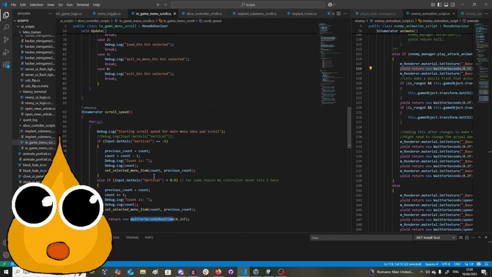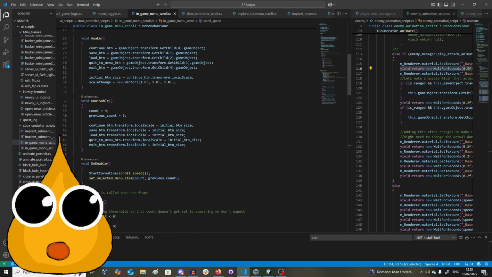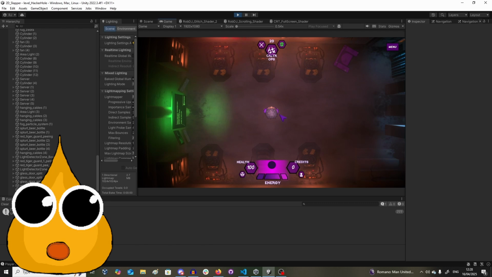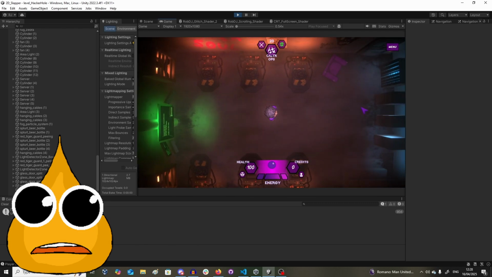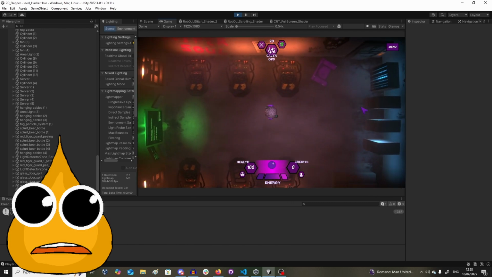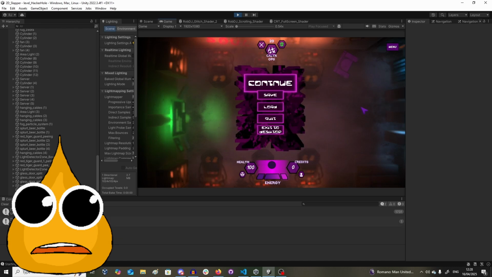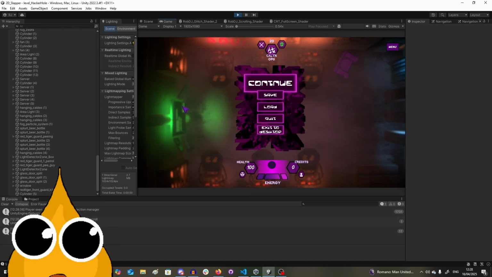For those of you who don't know what any of this means, I'll explain things in a bit more detail now. So let's see what the actual problem is. If I go here, I'm using my controller to navigate around my little video game project, and when I press the start menu, everything gets paused. So you can see in the background, everything is paused,